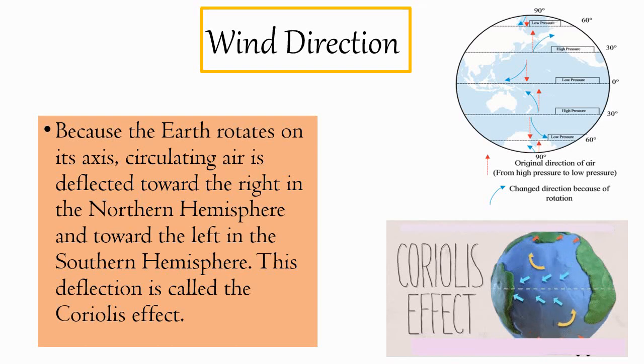The Earth rotates at a high speed anticlockwise as viewed from the North Pole. If an object starts at the North Pole and moves toward the equator in a straight line path, for example, the object will appear to deflect to the right of its intended path because the Earth is rotating under it as it moves. This is called the Coriolis effect.